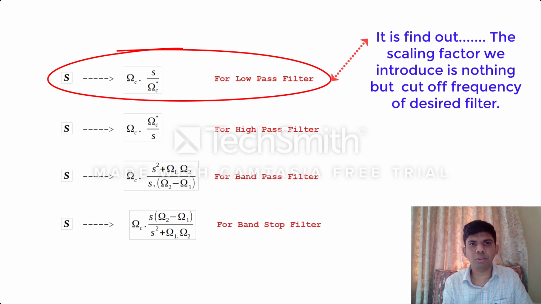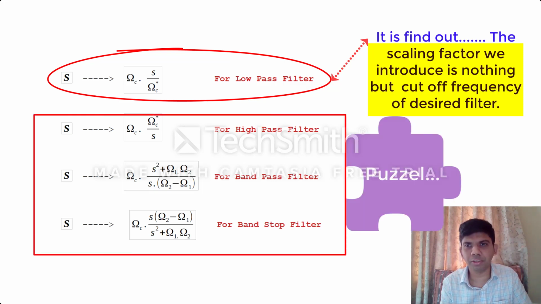So we have put lots of effort into deriving the relation for low pass to low pass transformation. The method has at least proven that we can play with the complex variable s in the low pass normalized filter to get the desired filter. Like we divided the complex variable s in the transfer function of the normalized low pass prototype filter by a scaling factor. So all we need to do is replace s with the suitable quantity listed here. Of course, we still need to prove the transformation relations for other filters, meaning the high pass filter, band pass filter and band stop filter.